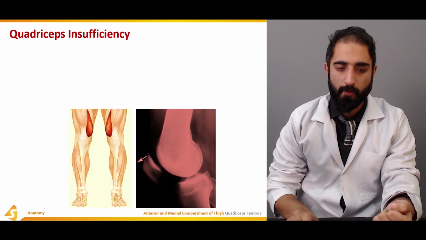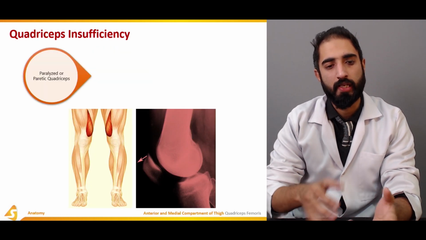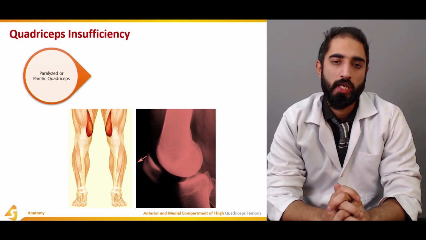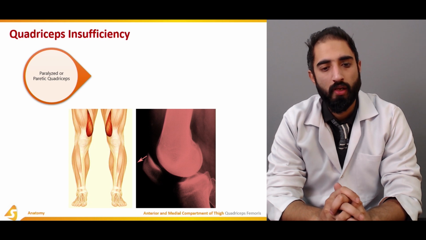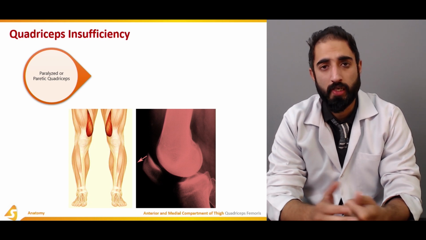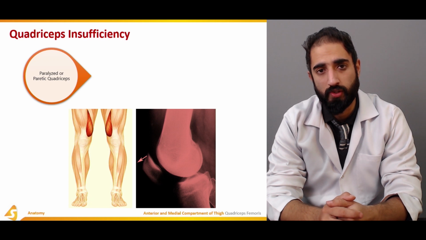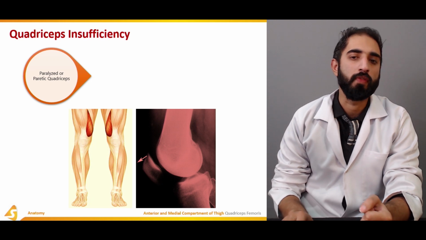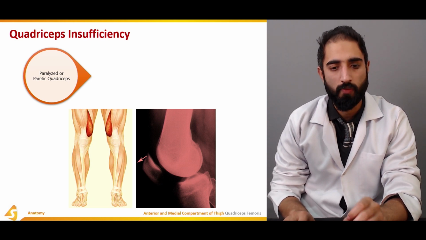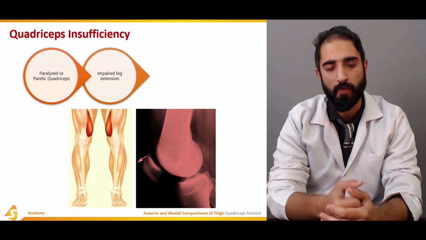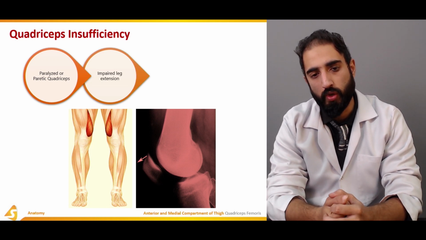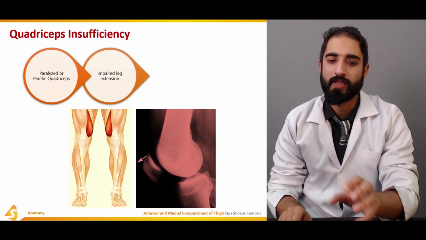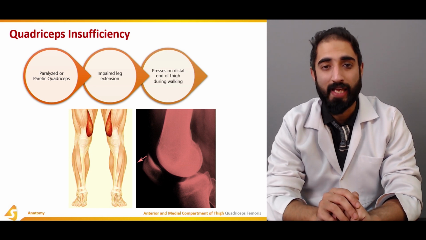Sometimes we see patients that are paralyzed, which means flaccid weakness or complete paralysis of the quadriceps muscles, and sometimes we see paretic patients in which there is weakness of the quadriceps muscle. In both cases, there is insufficiency of the action of the quadriceps, which is knee extension, because they are the primary movers in knee extension. Thus, the patient comes with impaired leg extension,